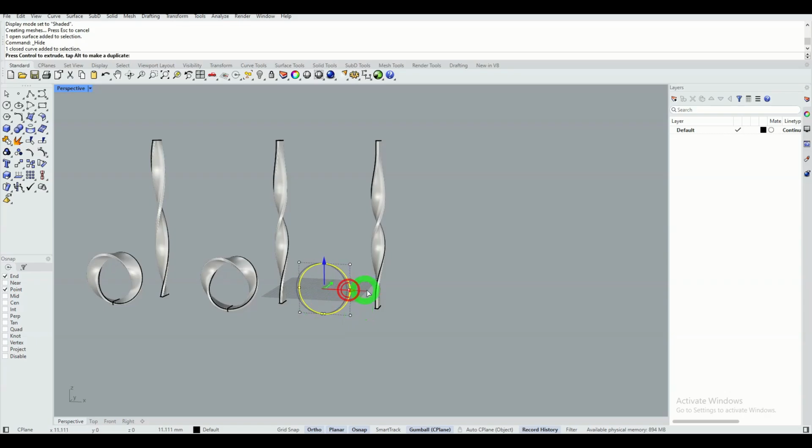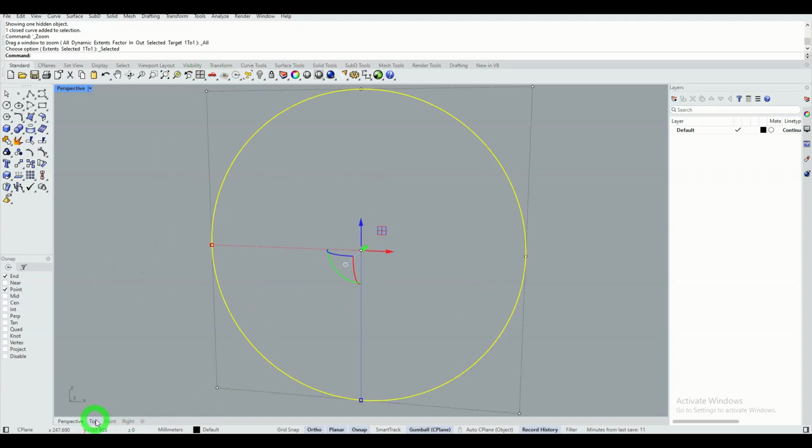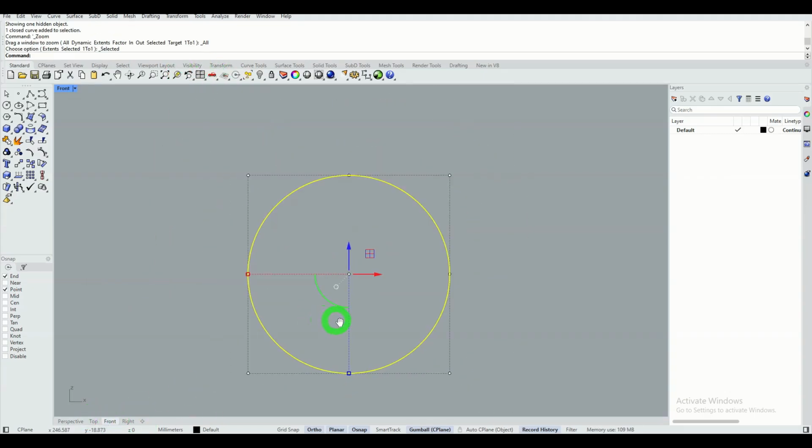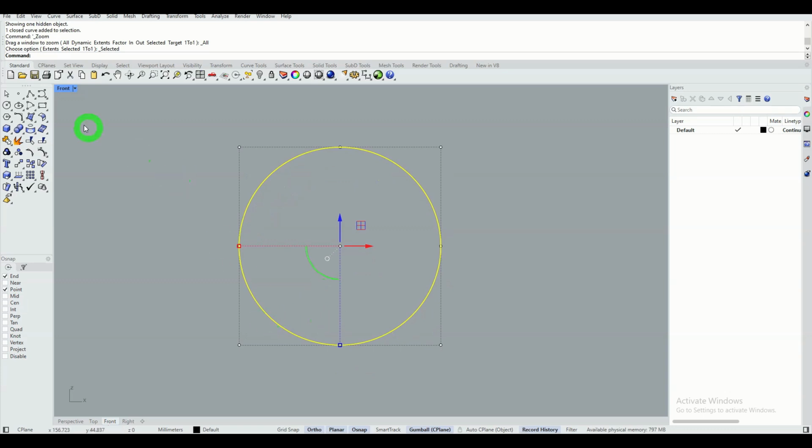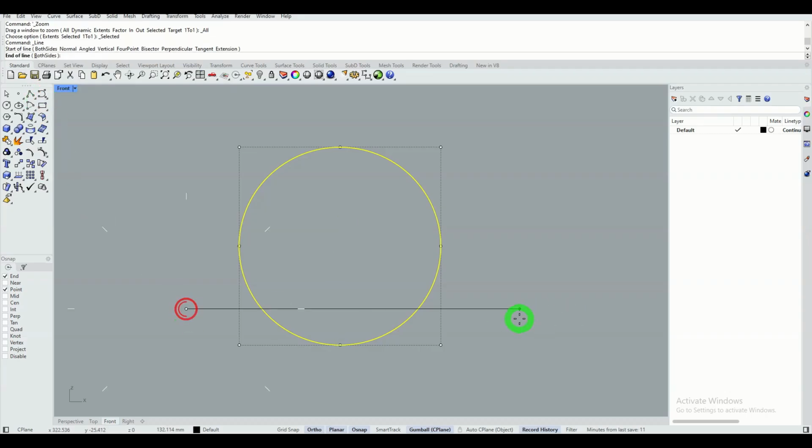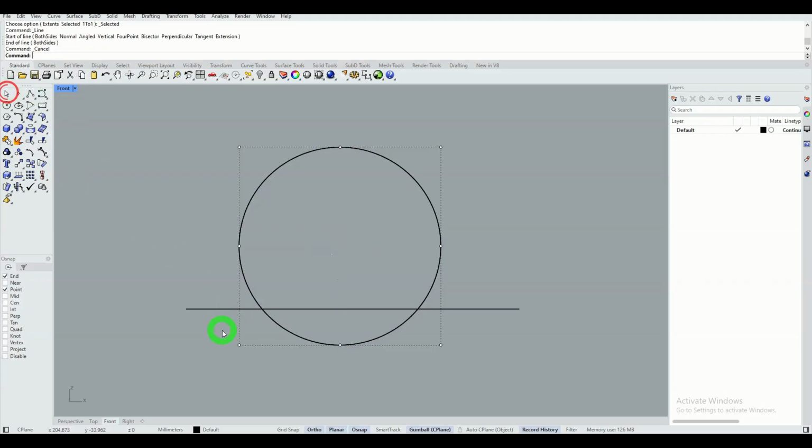I copy the circle here outside this workspace. I'm going to modify the shape of this object, the circle. For this example, I won't give specific measurements, but I'll simply demonstrate the process. I'm going to draw, for example, a horizontal line.